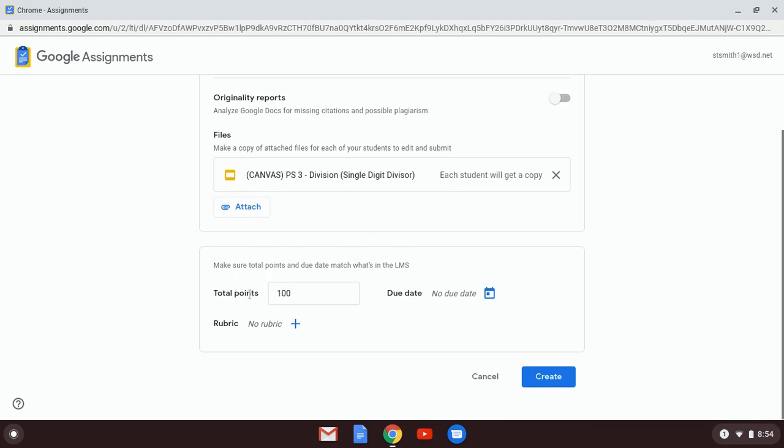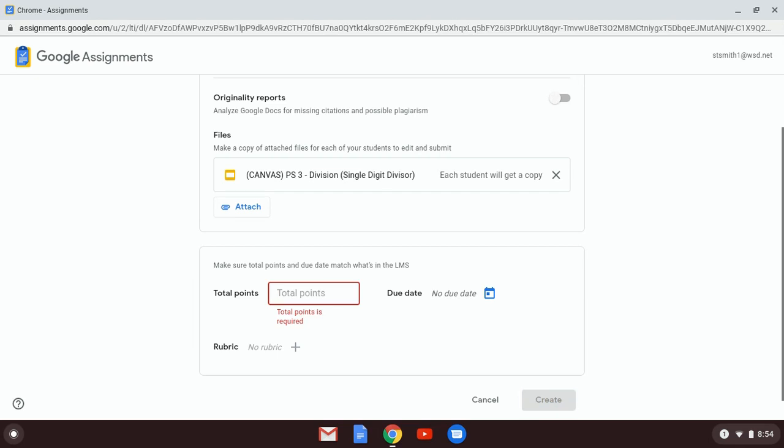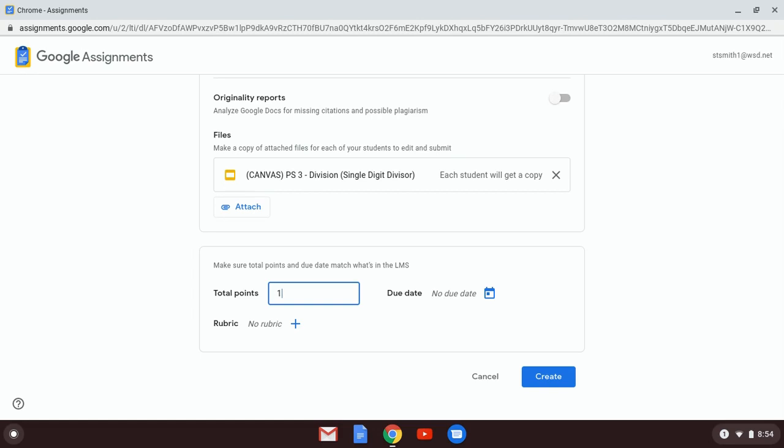Now, here is important. This total points box has to match the points on Canvas, and you cannot put 0 here. So if you don't really want it to go anywhere, see, it won't let me put 0, just put 1. Okay, but maybe I want them to have 10 points. Then you can set your due date here,